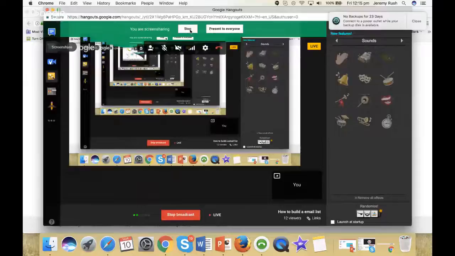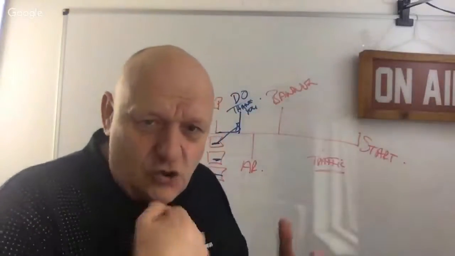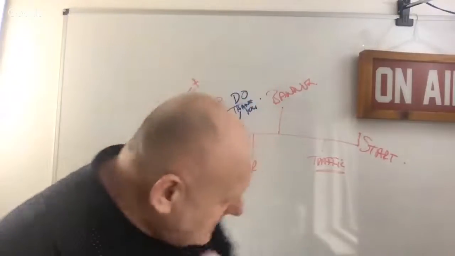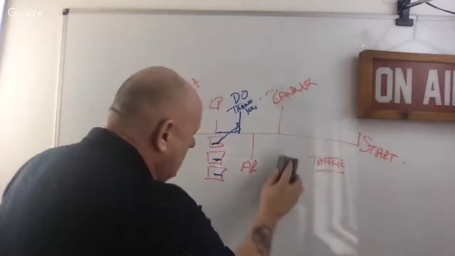Okay, so let me come back to the Hangout as we're coming to the end of our 15-minute training. Now, I want you to build your list correctly. Do these double opt-ins. Don't be looking for building these lists that are going to give you